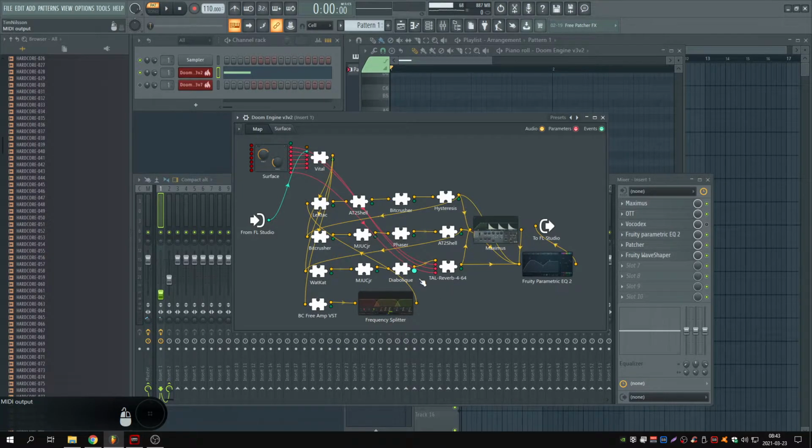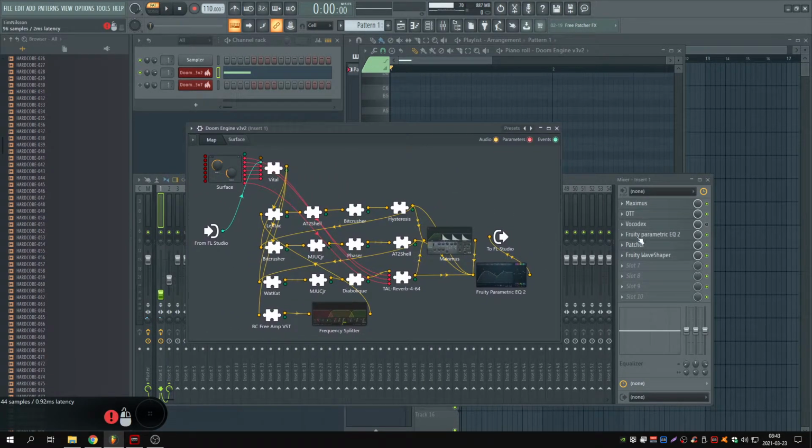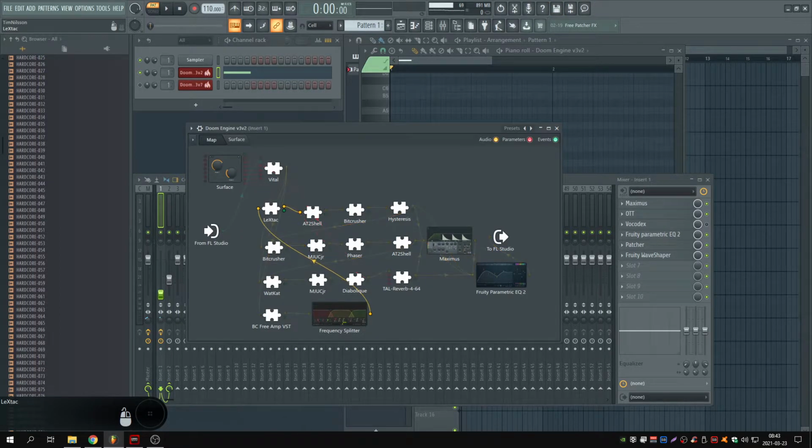I also made a version of this in the effect rack with only free stuff, like only free plugins and stock plugins from FL Studio. But most of this stuff is free. I think everything in here is free except for the ATshell. So you have a guitar amp, and then you have a tube distortion, you have big crushing, and then you have